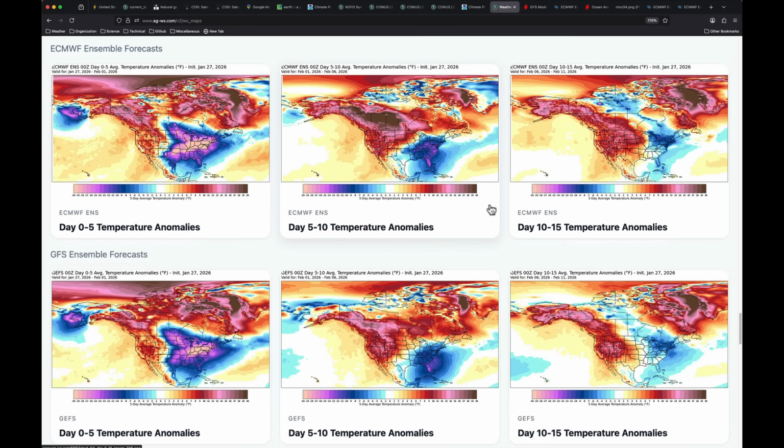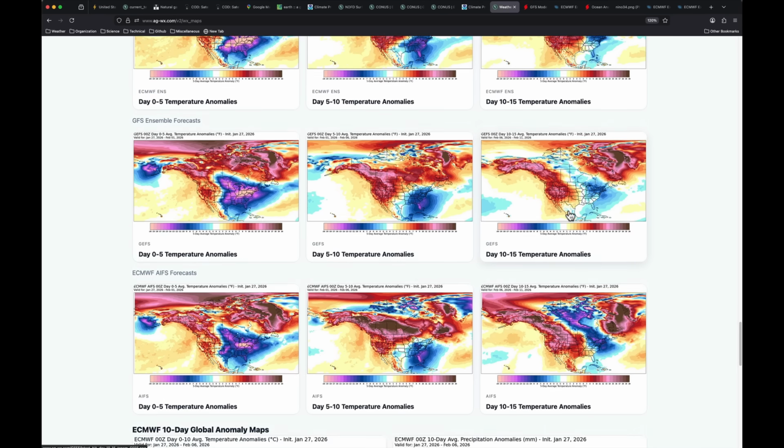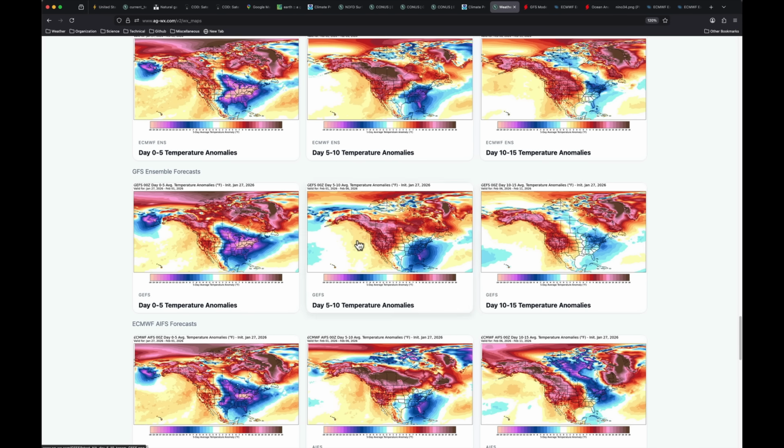I want to bring this down. We'll look at temperatures really quickly. Not a huge change looking out in the future. Obviously, I mentioned as we go through this week into next, we're seeing that west to east split, but the warmth is starting to get into the northern plains, all the way up through the Canadian prairie. And as we go further out into the forecast, that stays consistent.